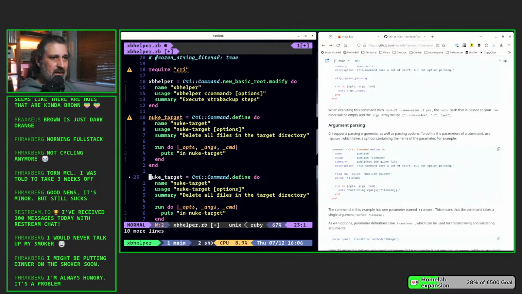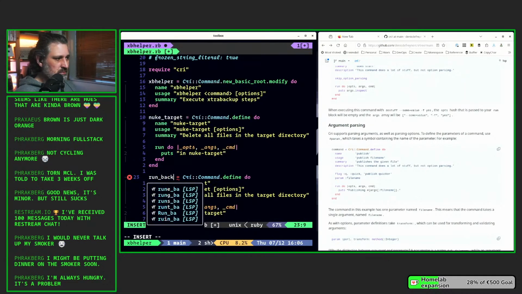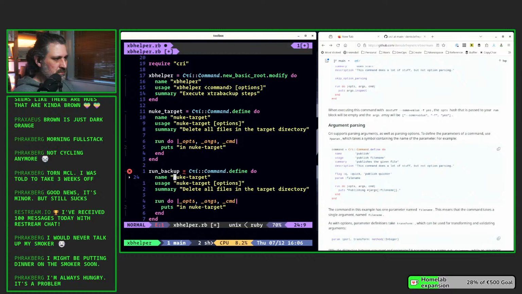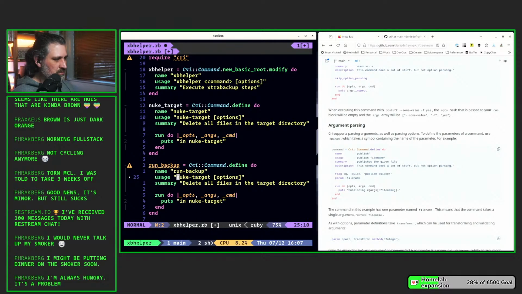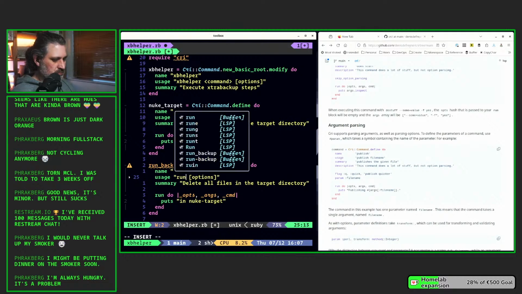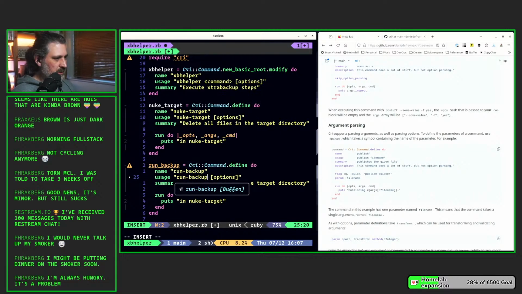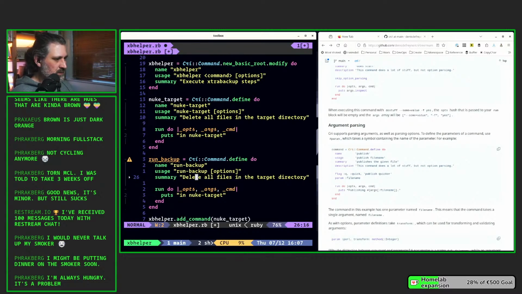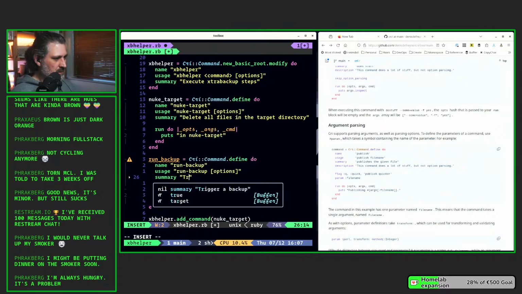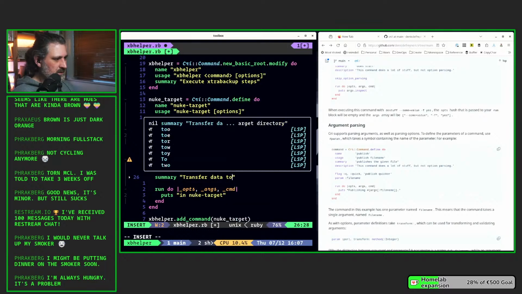Let's say run backup. Run backup with some transfer data to